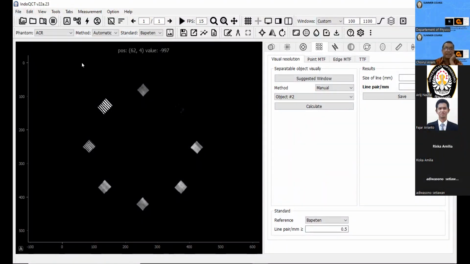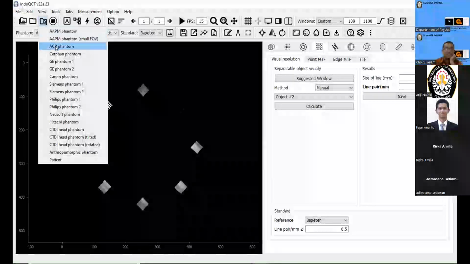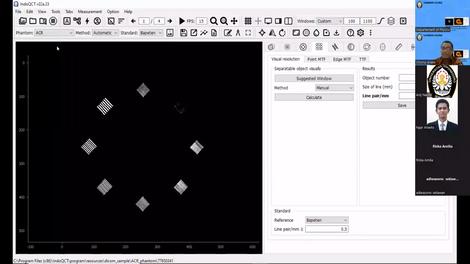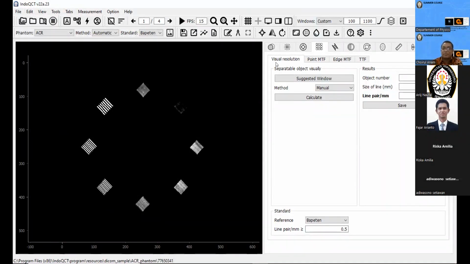Okay, and now I will open this example again, the OCR Phantom, back to the original image like this. And now I will measure automatically.